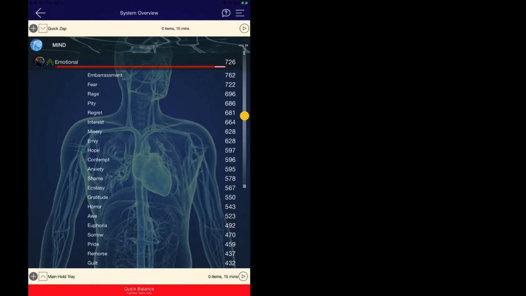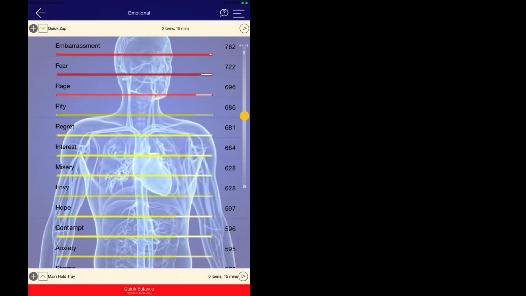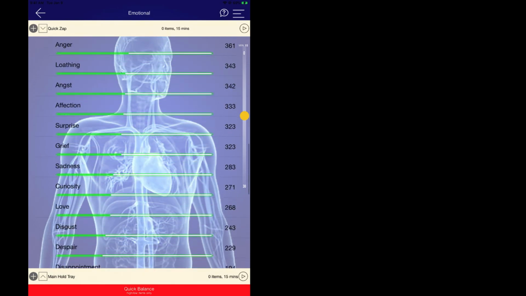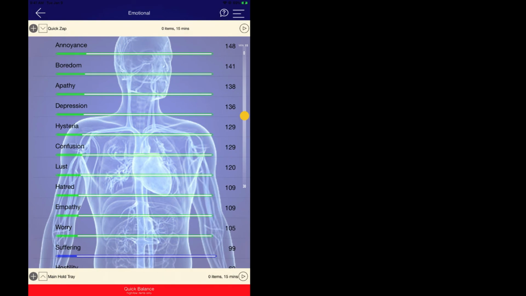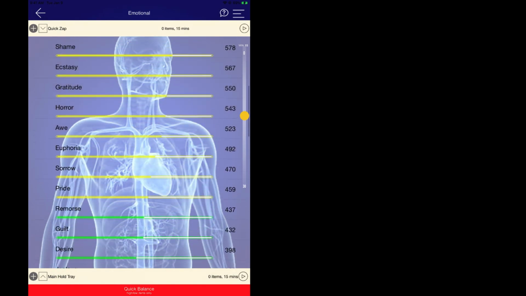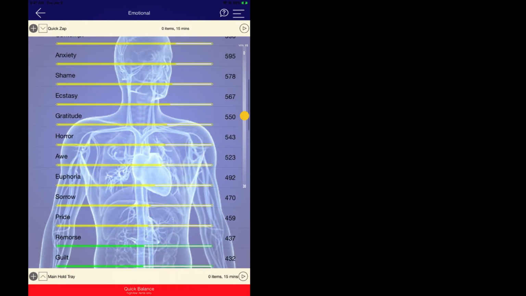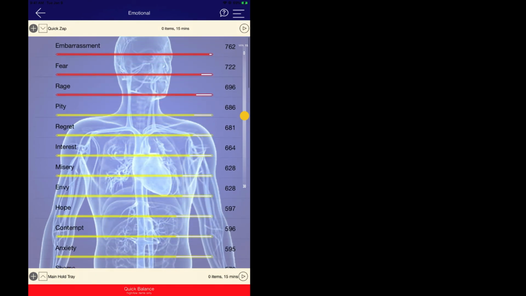We've just provided you with two different options. If you click on the emotional heading, it'll take you to the next page, and here we actually have the color coding, and it's a bit easier to review the results. So here, paying attention to the high items and then the low items, and always bearing in mind the clinical context. Look at the high items, and you need to ask yourself, why are you displaying these